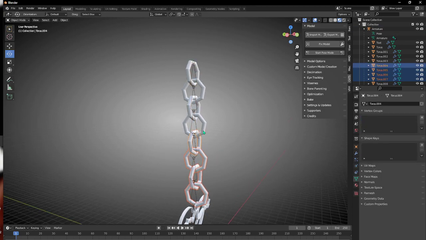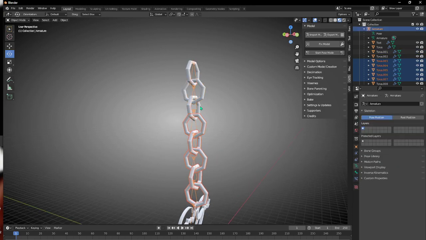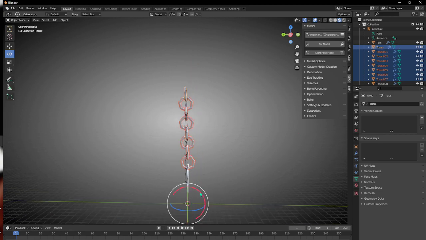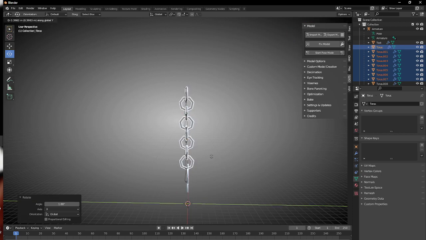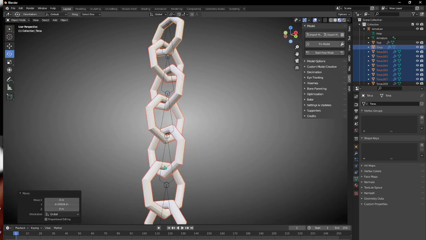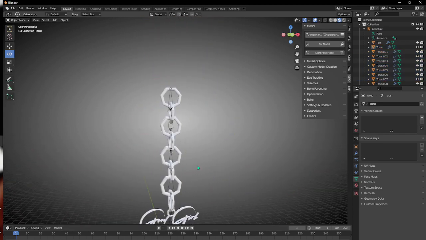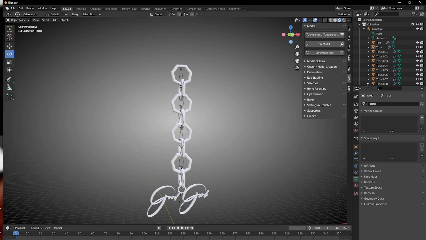Now I'm just going to highlight all of these and rotate them forward a little bit. Just basically try to make it so that it looks a little bit nicer. And then